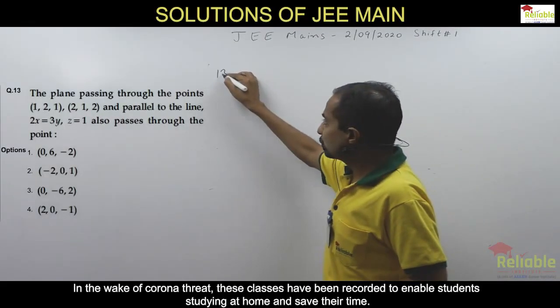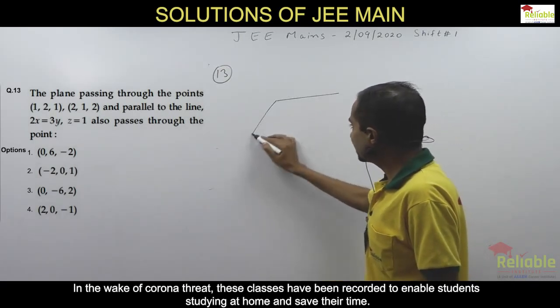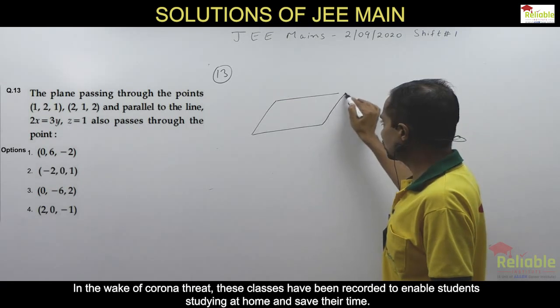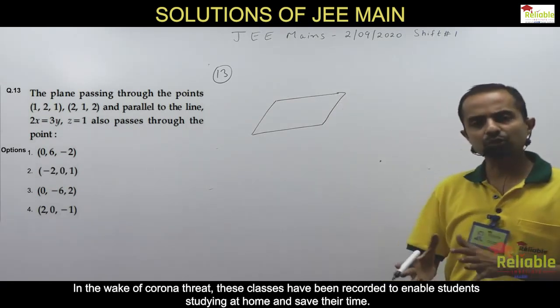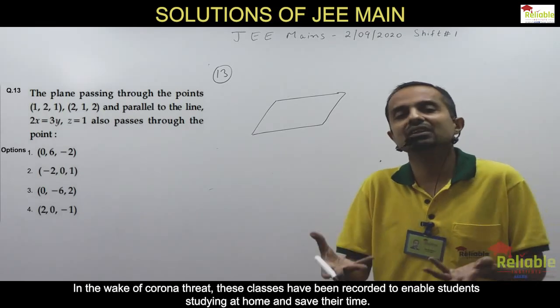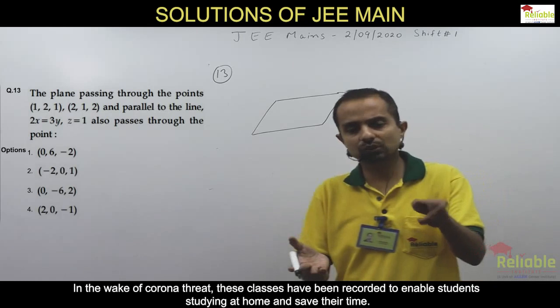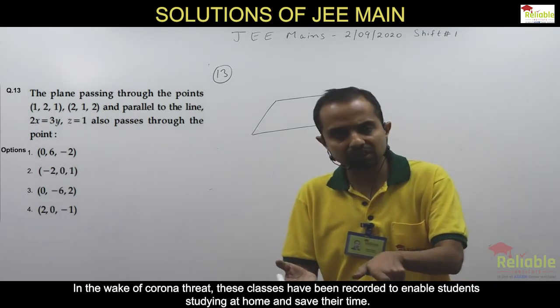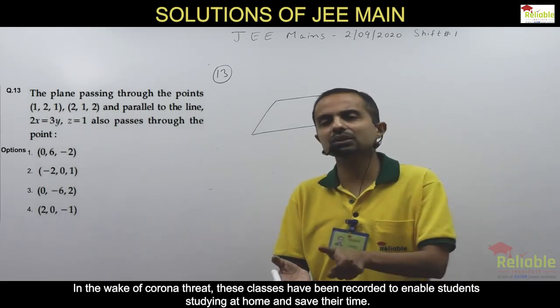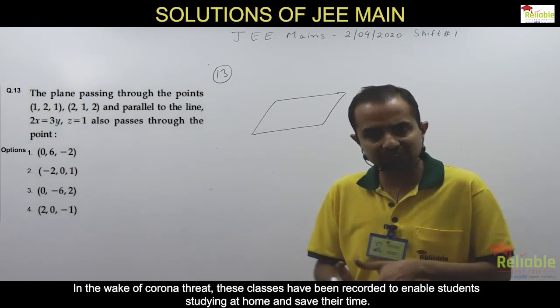This 13th question is from vectors, and what does it say? That essentially you have to find the equation of a plane. There is a value addition that you have to first find the equation of the plane, and then the choices are which all points satisfy the plane. So once you have found the equation of plane, you can just plug in the first choice and see whether it's satisfying the equation, or the second choice, or the third choice, or the fourth choice. Essentially there are going to be infinite points which satisfy the plane, right?